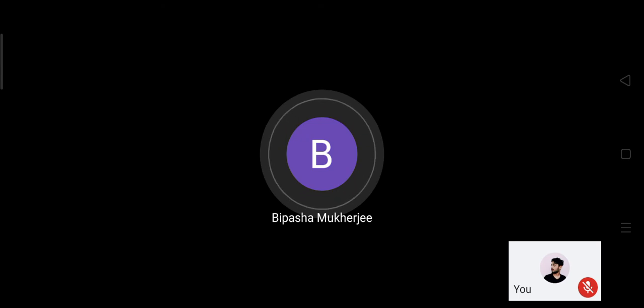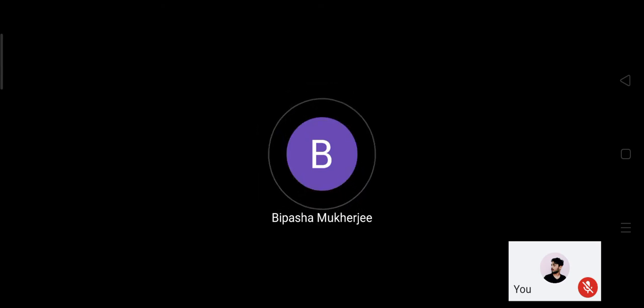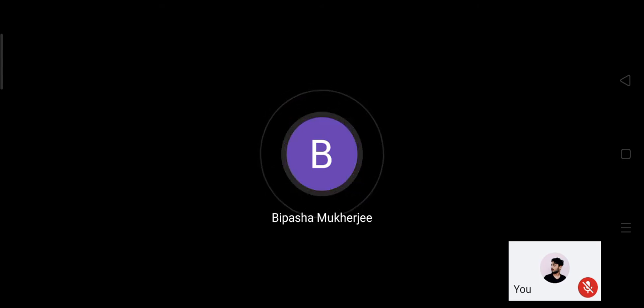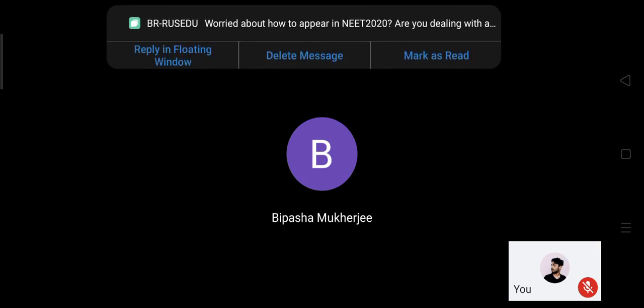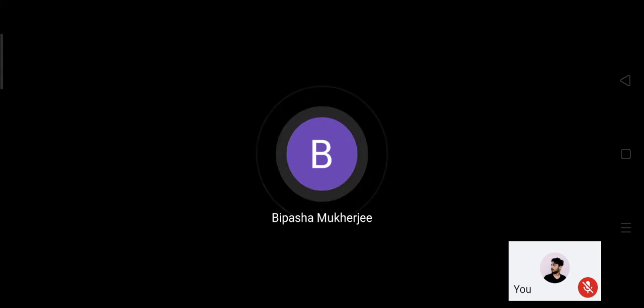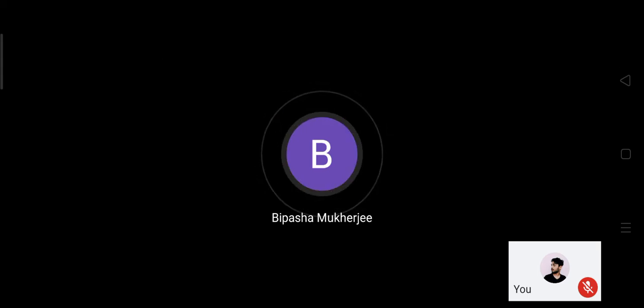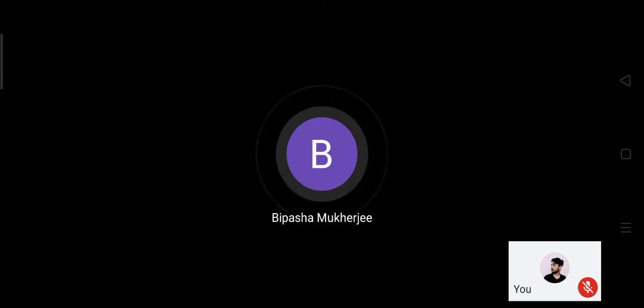If I want to know only the values, will it work? Let's check. Yes, it's working. Fine. If I want to print everything as a whole, yes, it will print. All the dictionary items will be printed in this way.